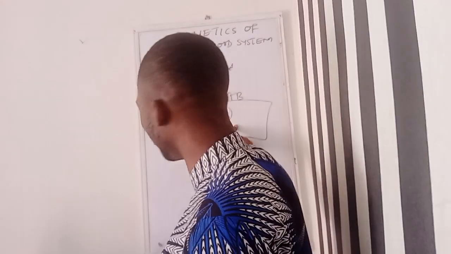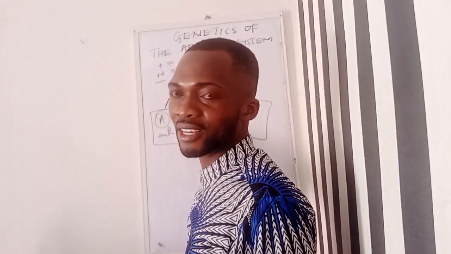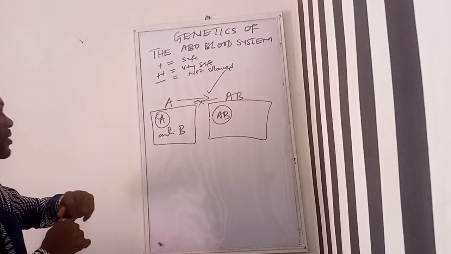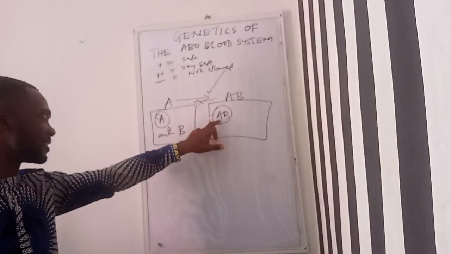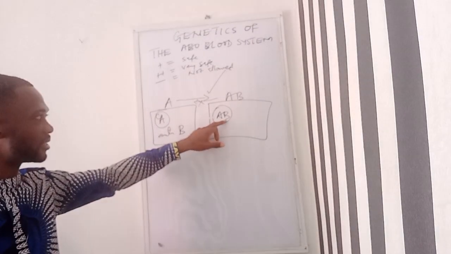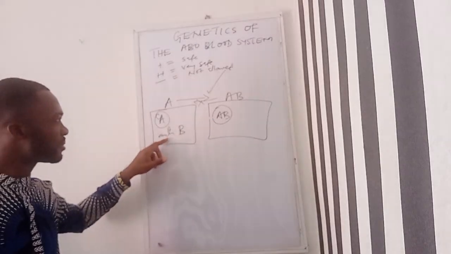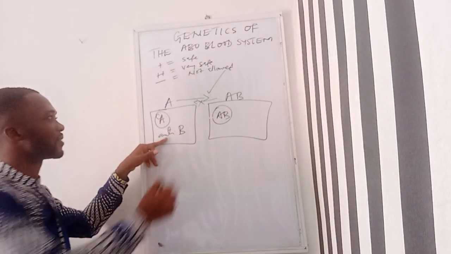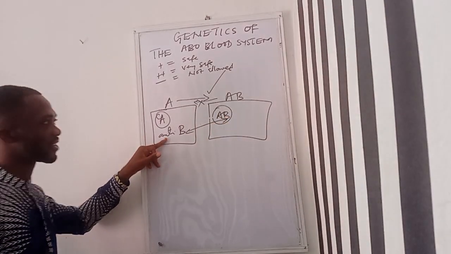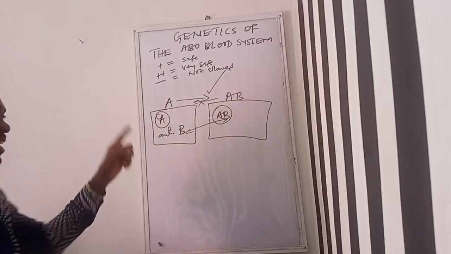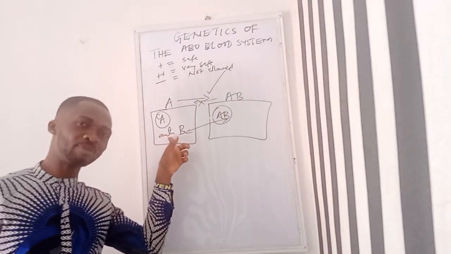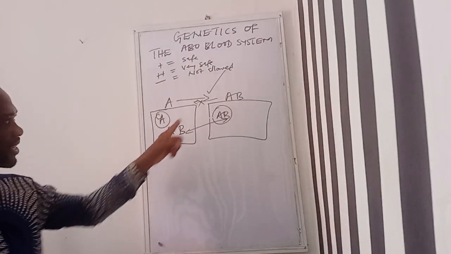So if AB is donating to A, this is antigen B, and it is corresponding with antibody B. So you can see that there is a correspondence. There is a corresponding antigen and antibody. So this antigen B is corresponding with antibody B. So that is why AB